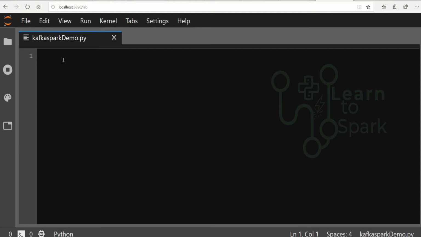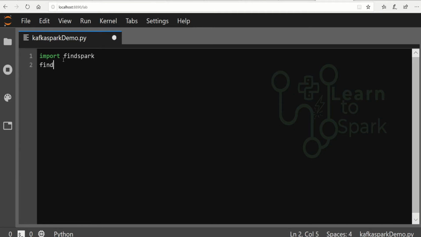Now let us start by importing the FindSpark package. Hope you know why we are importing FindSpark. Now let us import all the required packages for PySpark.